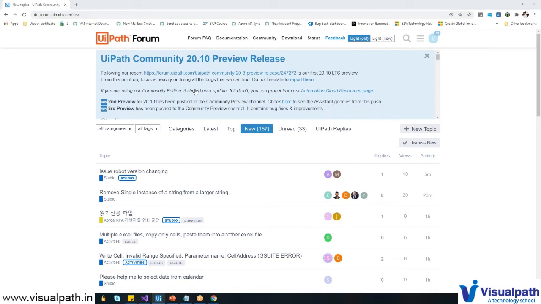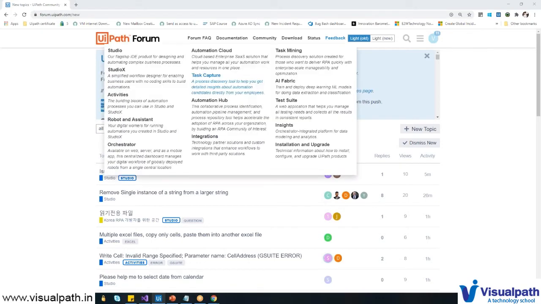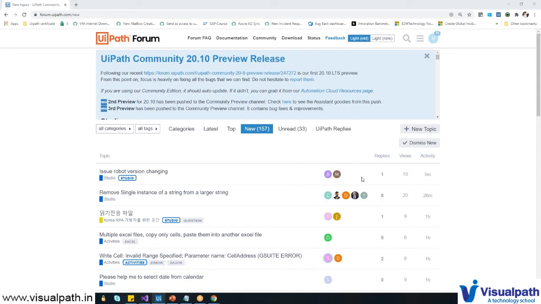This is one of the biggest advantages compared to any other tool, because Blue Prism or Automation Anywhere or anything else may have it, but they do not give this much support. This is one of the biggest advantages when you go for UiPath. The second thing is the UiPath support team also. If nothing is working out for you here, there is an email ID where, when you drop a question to them, they'll immediately reply to you. So when you're learning something, you need not wait for anybody. You will have all the resources available, good sources and a lot of learning material.